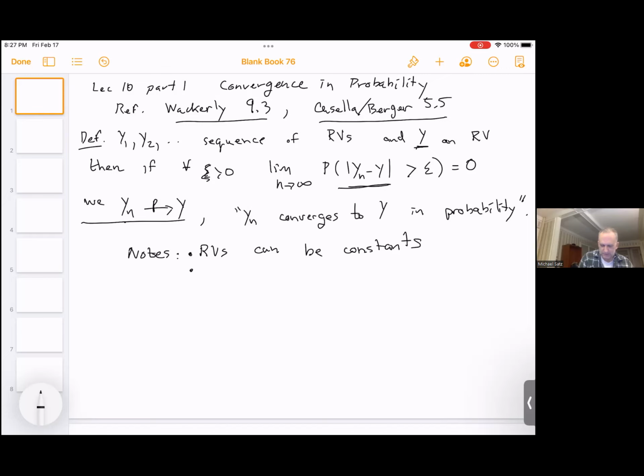The other thing is you should not think of Y1, Y2, and so on as usually IID, because then it wouldn't converge to anything probably. So what is it usually? Usually it's something like the nth sample mean, of the first n samples of another IID sample. So often a special case, a typical case